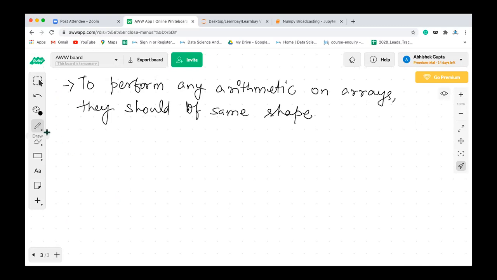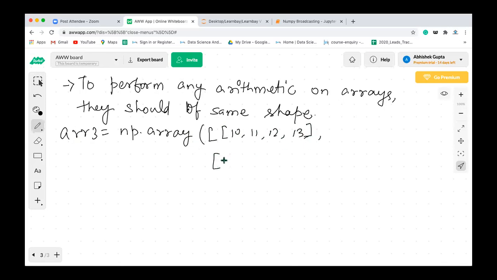So array 3 is equal to np.array, and here we have 10, 11, 12, 13. This is one row, and the second row we have is 20, 21, 22, and 23.